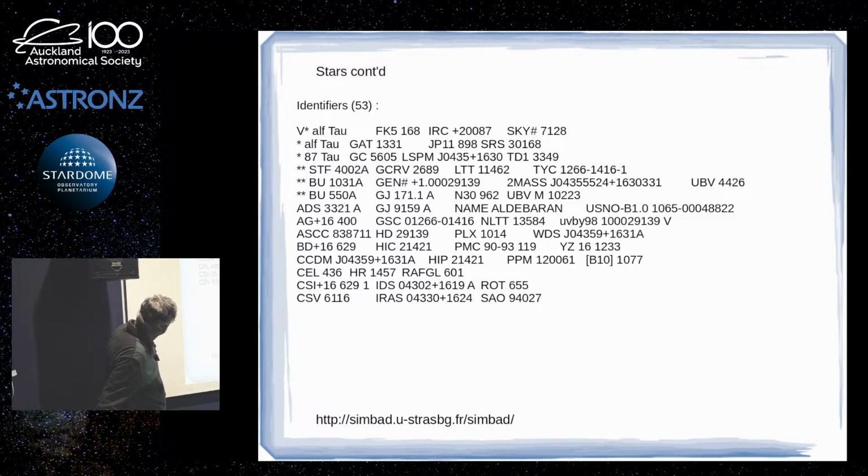Oh, this is just star identifiers, and this is where you can get really confused. These are probably not even all of the catalogues, and you might think, well, what the heck is all this about? And it turns out that this is actually the star Aldebaran. If you might notice, right in the middle there. So how the heck do you deal with this if you come across a star catalogue and you're not really sure? What's really helpful is down the bottom here, the site